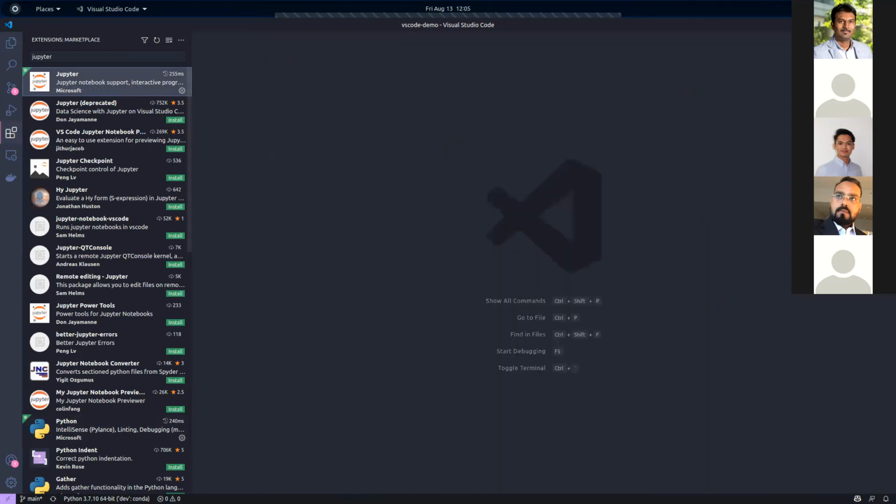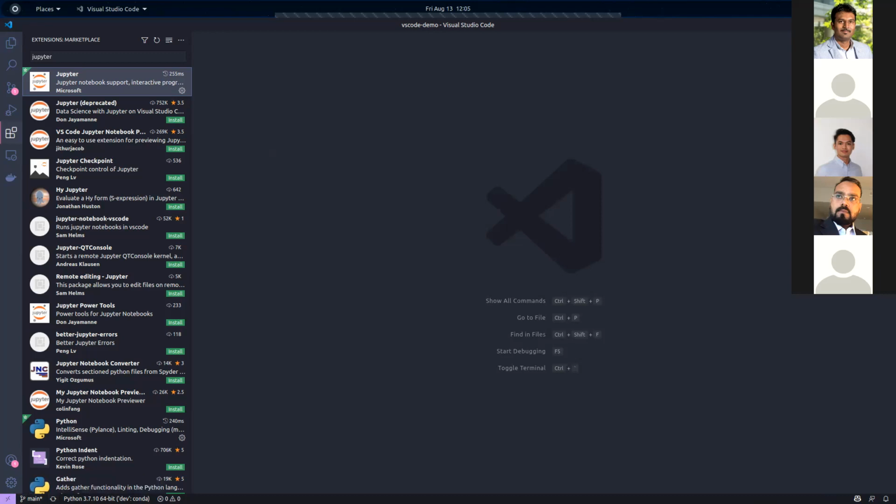So I have the Jupyter extension installed over here if you want to work with Jupyter notebooks. On the bottom part, you'll see a bar that basically acts like a UI for your active extensions. For example, the second tab shows the current working branch of my repository. VS Code automatically detects the Git branch that you're working on.